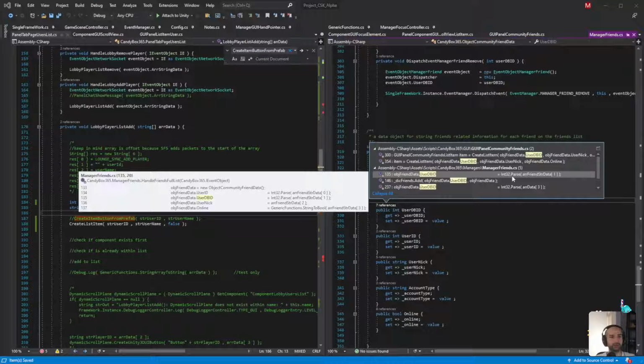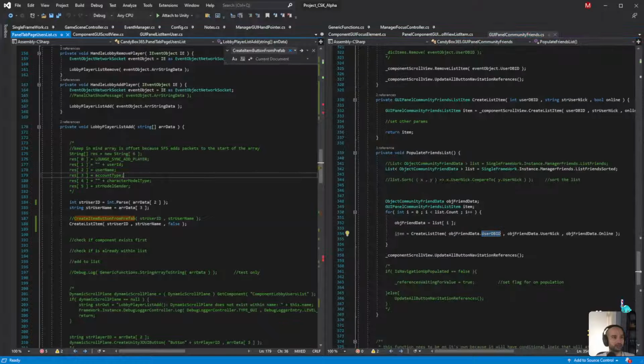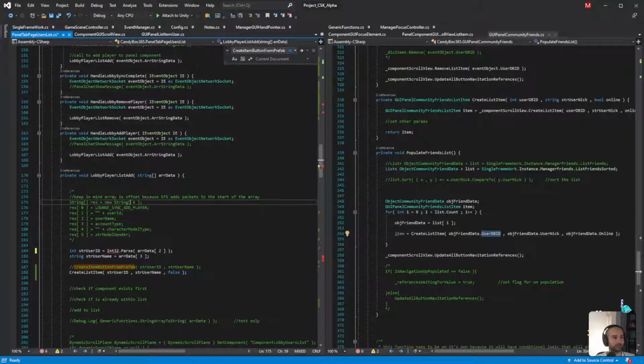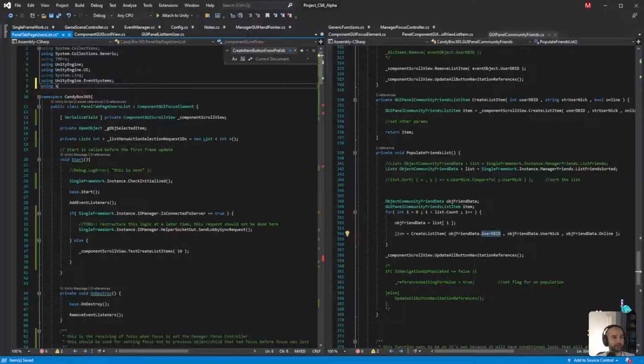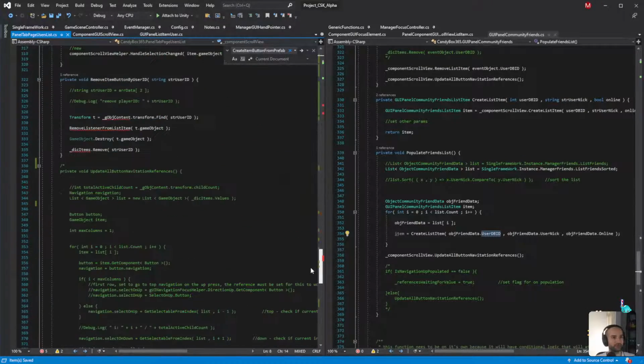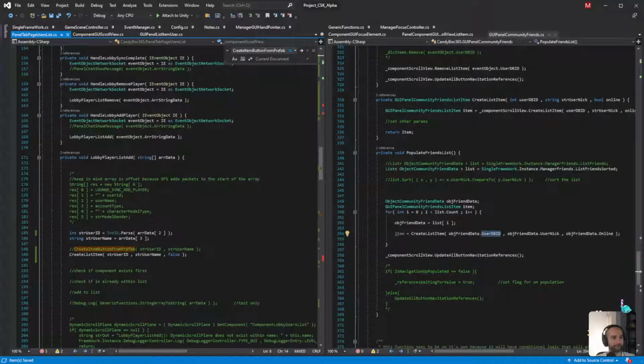Yeah, it was int32.parse. Why did it not come up then? Int32. I think it's because I need to say using System. Yeah, that's what it was. I could have just gone System.Int32.Parse too. Okay, so that will fix that.